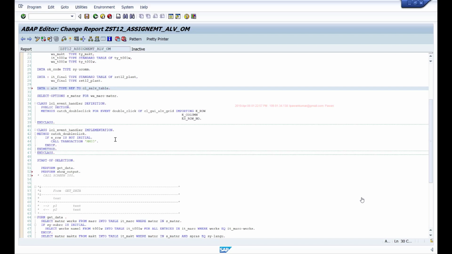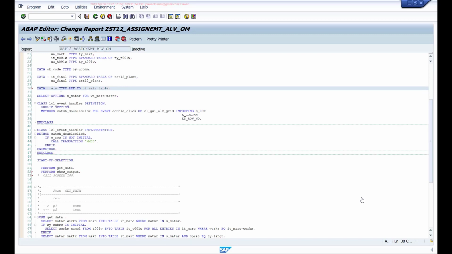One is your regular two-dimensional grid or table. Other is your hierarchical sequential display where you can show one header record, and below that you can show multiple item records. And there is also a tree structure. So if you want to show some tree structure, you can also use that. So we'll use this table to display our ALV report in a table format.